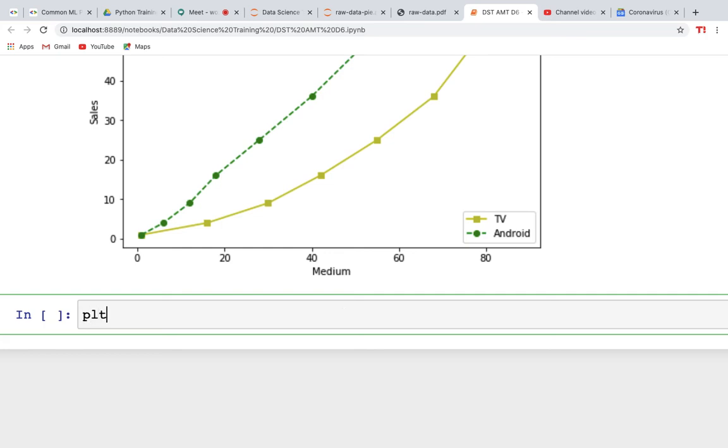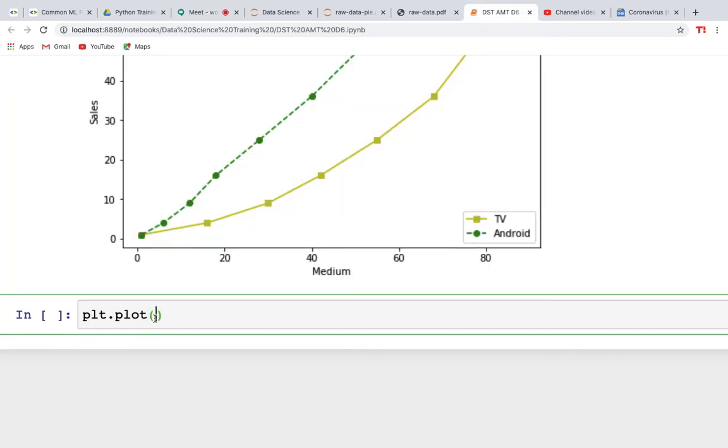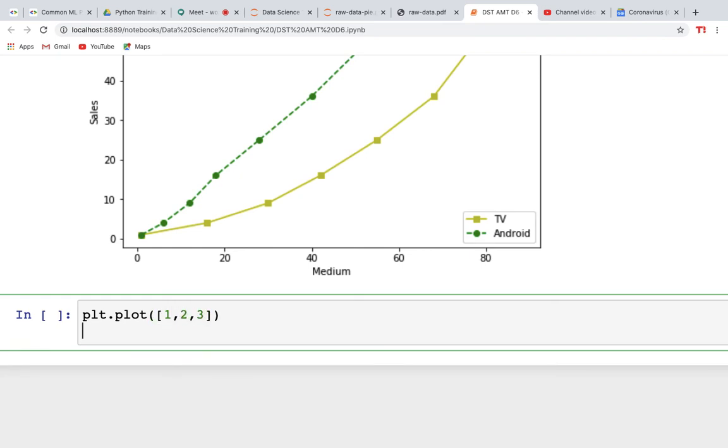Let's say plt.plot of 1, 2, 3. We're plotting 3 ones. Now you have just written the plot of 1, 2, 3. Now create a subplot which represents the top plot of a grid with 2 rows and 1 column. Since this plot will overlap the first one, the plot axis has been given for the previous one, right? So what we'll write is